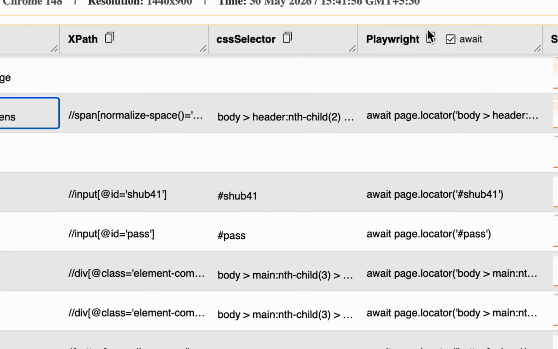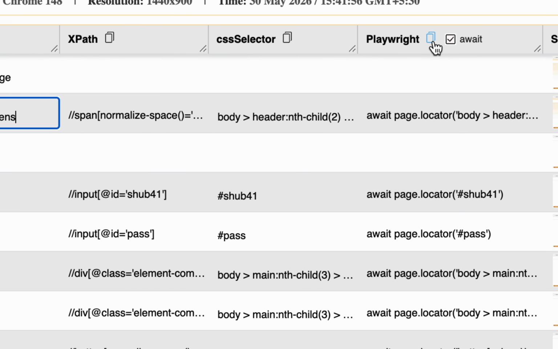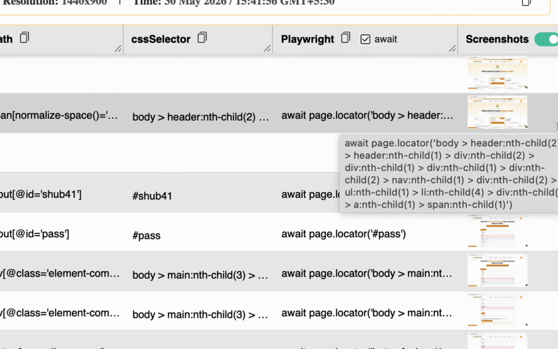And then we have this option for Playwright steps. So this is the Playwright script, and we also have the option to download it. I will show you this in a moment. So in case you are using Playwright and you want to directly use it, you can use it from here,